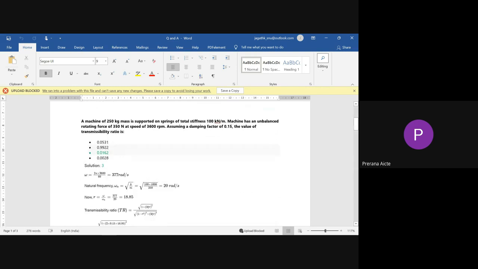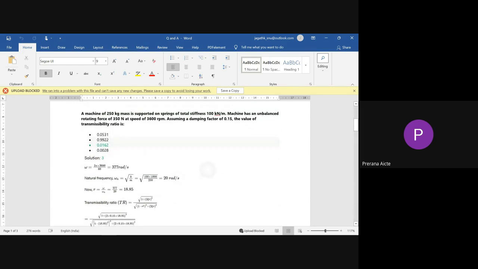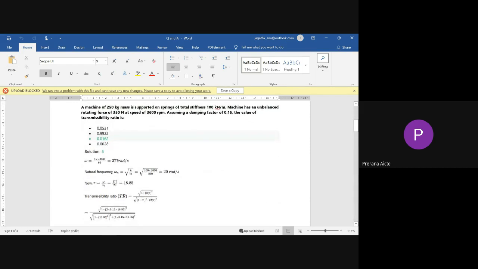And there is a numerical problem we can solve, and it is already solved. We can see and understand how it has been calculated or determined. So a 250 kg mass is supported on springs. The total stiffness